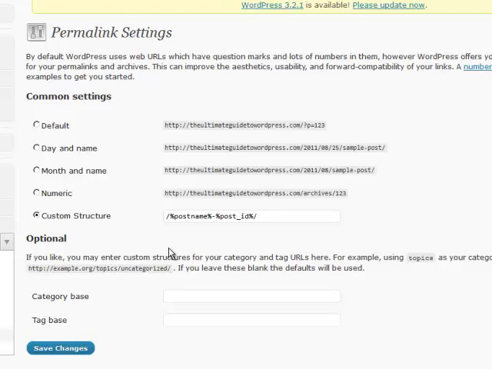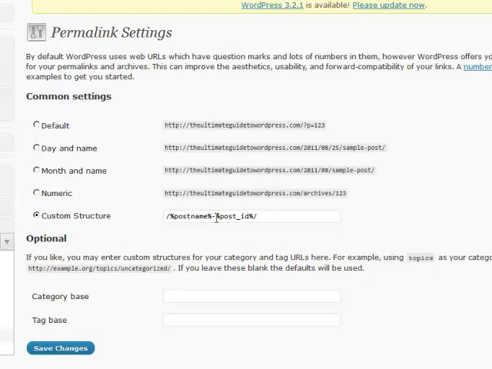For example, I do this all the time. I may write an article that's called 6 ways to increase your email list size. And then 6 months later, I'll write another post that has exactly the same title, different content, but the same title. Now, if I gave both of them the same title and I did not have this permalink structure, let's say, for example, I just had post name,